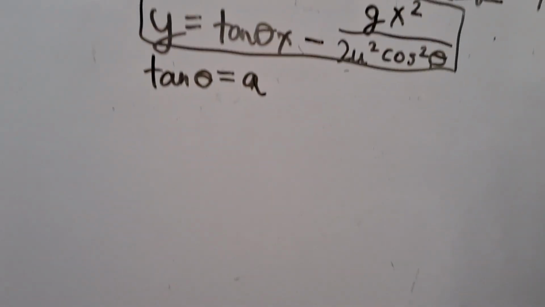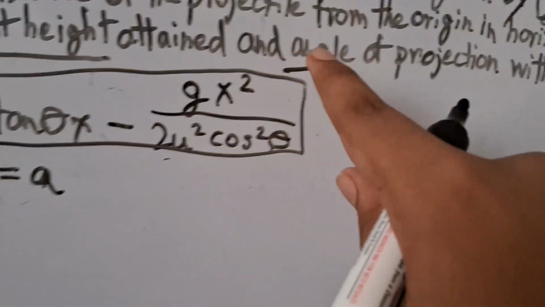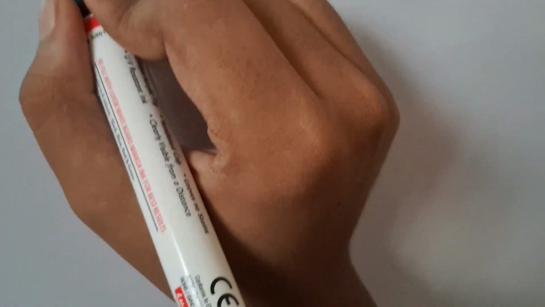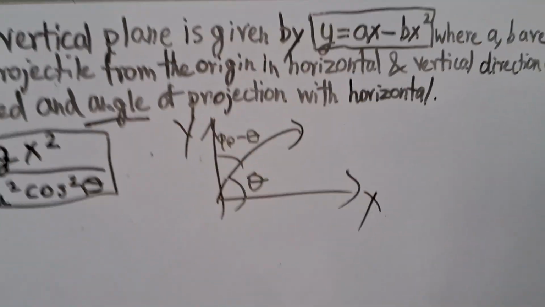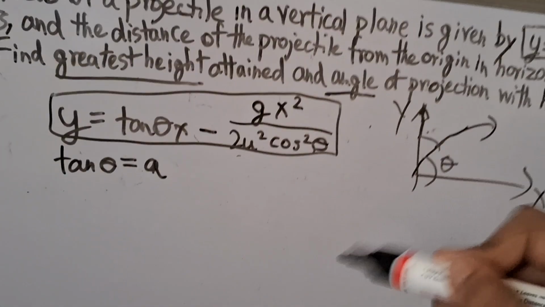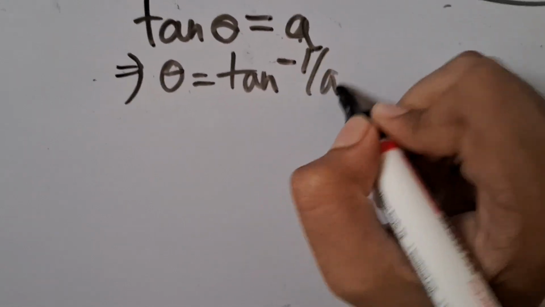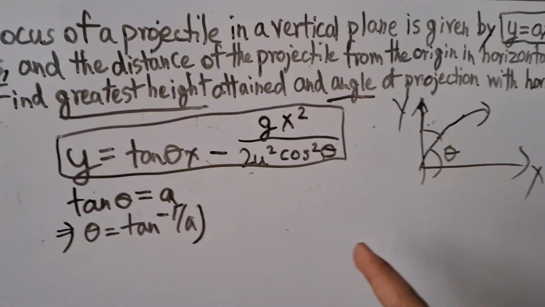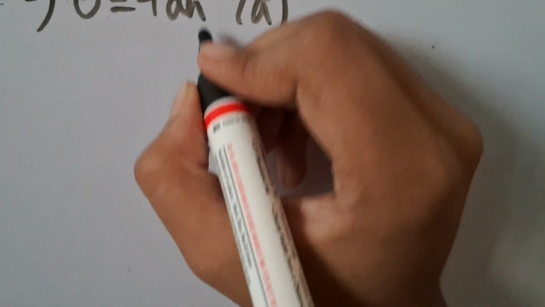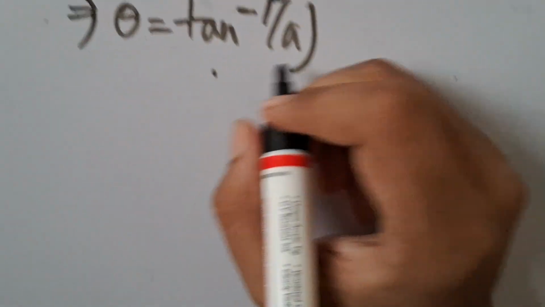Tan theta equals a. Now take a look at what you've got. It's a dream come true. What were you asked to find? One of the parts: the angle of projection with the horizontal. Do we require this? No, we don't. We were asked to find this. We have got this. Our second part is done. What are we gonna do now? Theta is, how to solve a trigonometric function, tan inverse a. This is your second part. This is the angle of projection with the horizontal. But if you were asked the angle with the vertical,